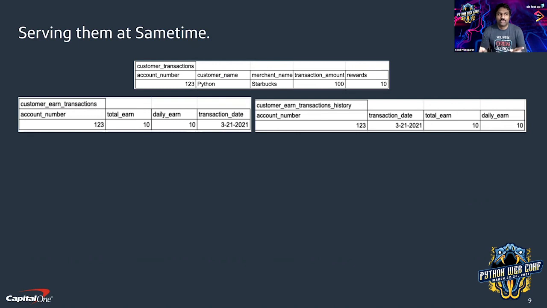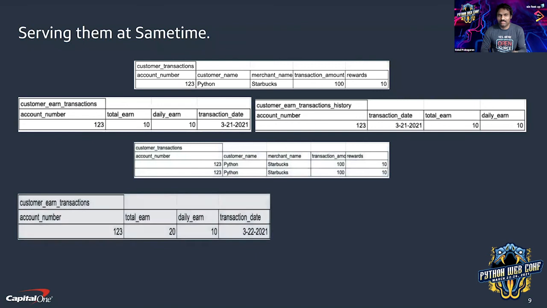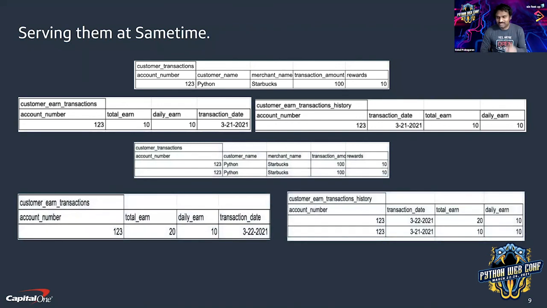But how we are connecting these two together for solving two different use cases, right? The process which writes to these two has to keep this data in sync, right? Whenever there is a write happening to these two tables, it will keep it in sync. Expanding on the same example, the customer is now making the same transaction on the next day, 322. See how the data changes now, right? The customer earned transaction at this point, if you see the total earn, it has gone to 20,